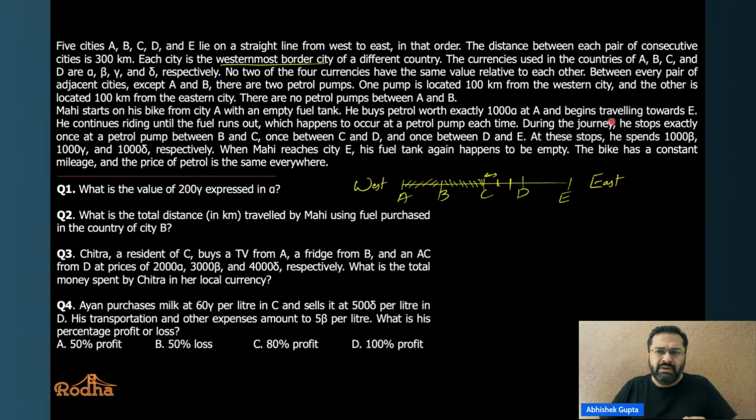Again, not too complicated. And there are no petrol pumps between A and B, so in between there is nothing at all. So this is the exact setup. Can you understand this? I hope there is no problem. So this is the exact thing. If you understand this, then this question is nothing. It's just that the data given is in such a manner that it can become a little confusing. Not ambiguous or anything, but yes, it can be a little taxing. But if you understand this, then the question becomes simple. Now, if you understand this, let's move further.